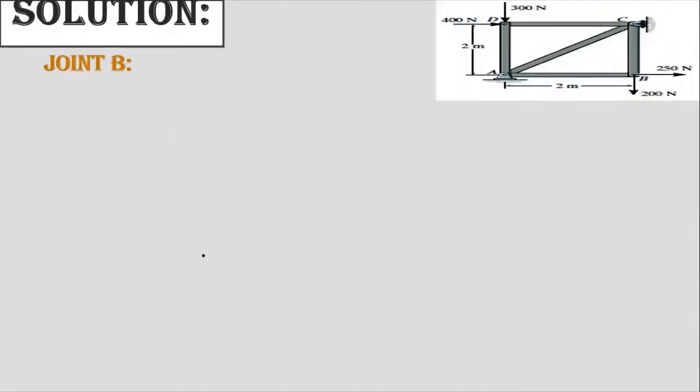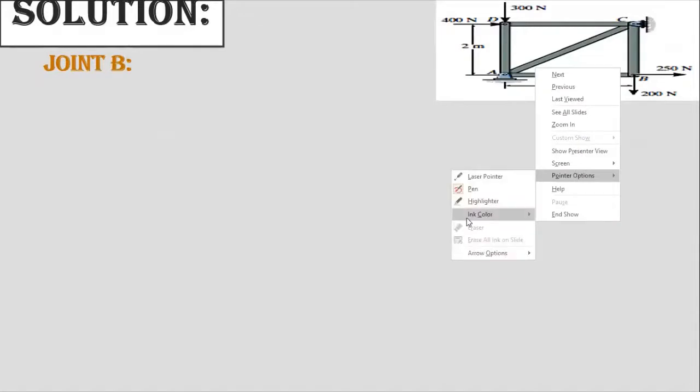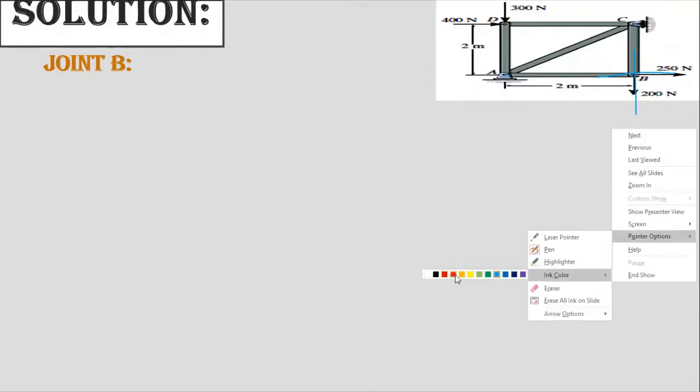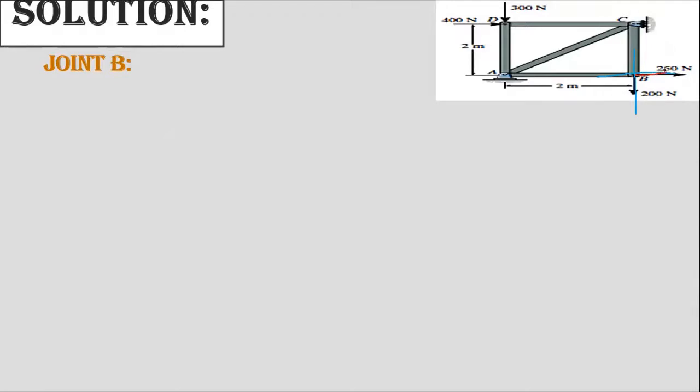Here comes the question, and let me tell you one thing: how many forces are coming here? So I am going to select a different color marker, and this will help you to understand. Whenever you are going to solve a joint, always make axes at joint B or any joint. So how many forces are coming here? Let me change the color of my pointer, and for example I am taking red color. There is a 250 Newton force that is acting on the positive x-axis. There is a downward force that is acting on the negative y-axis.